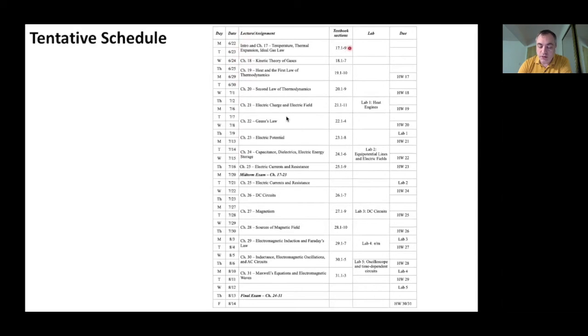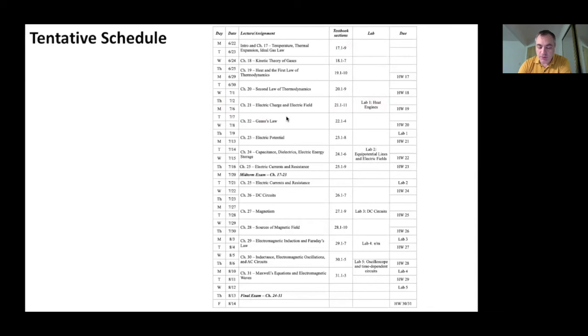Here are the sections we're covering from each chapter. So sometimes it's the entire textbook chapter and other times it's just part of it. So these are the things you should be reading before you watch the lecture file. You can see we have some designated days for labs. So here on this particular Thursday and Monday, when you're in your lab section, you'll be working on those laboratory experiments. And you'll see more about that when you meet with your GSI in the first lab section.